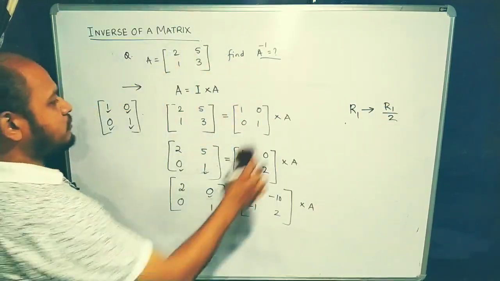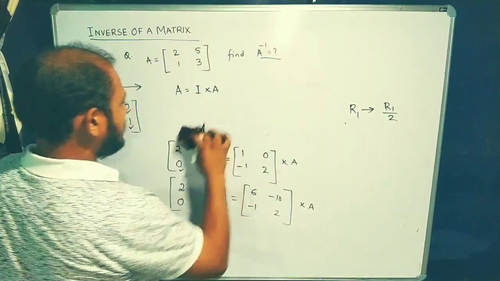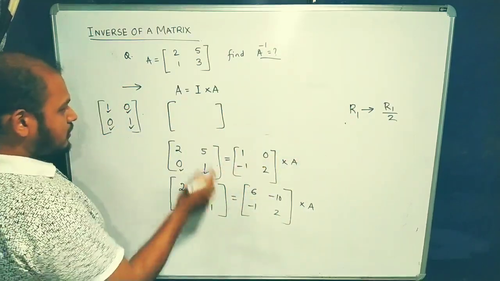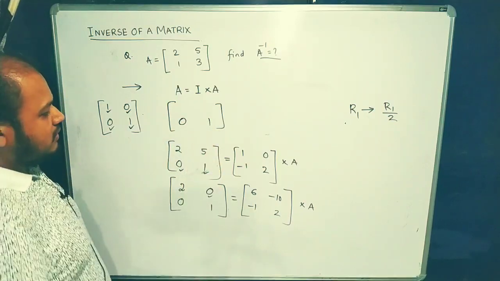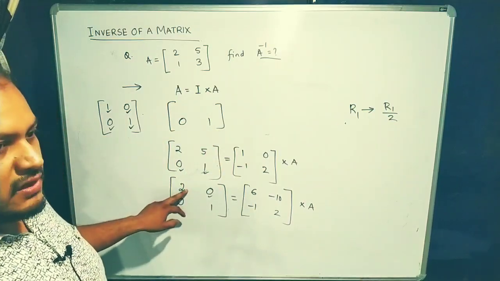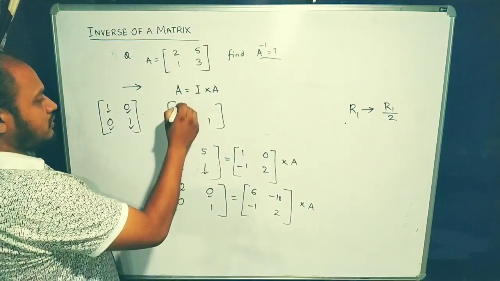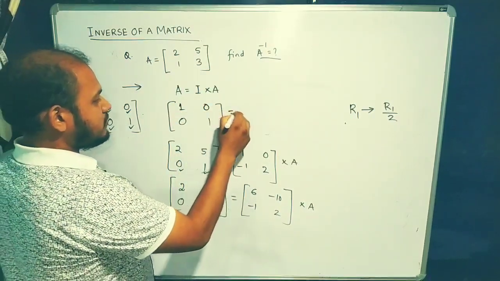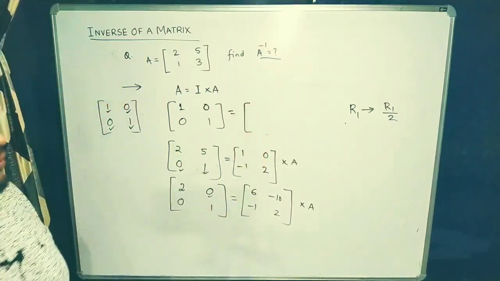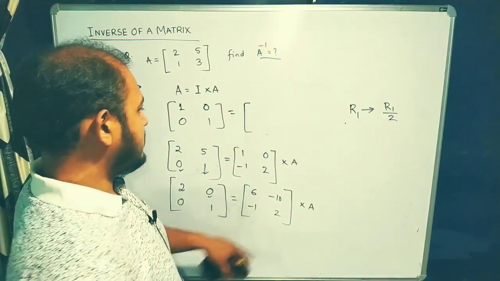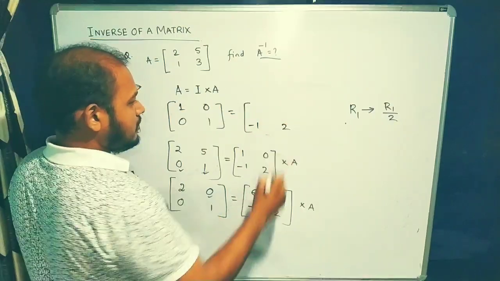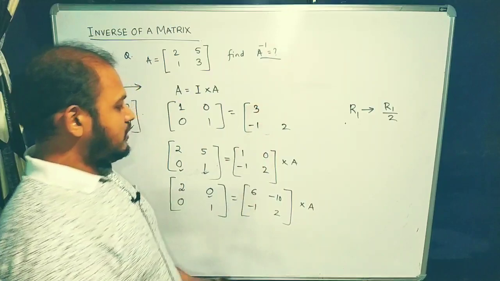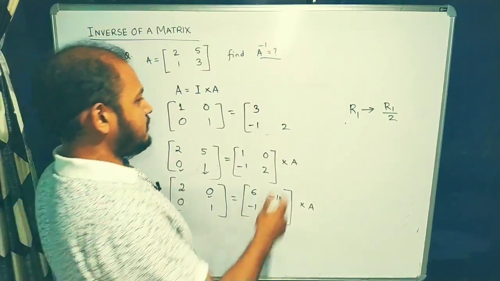So if we do this operation, we will have the second row remaining the same, so we write the second row as it is. And look at the first row. The first row gets divided by 2. So 2 divided by 2 is equal to 1. 0 divided by 2 is 0. And on the right hand side, we should also divide by 2. The second row remains the same. Look at the first row. 6 divided by 2 is equal to 3. And minus 10 divided by 2 is minus 5